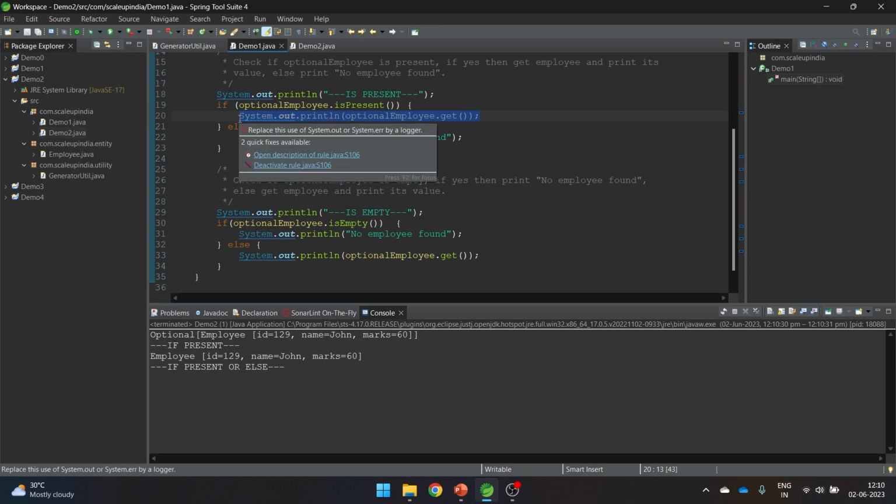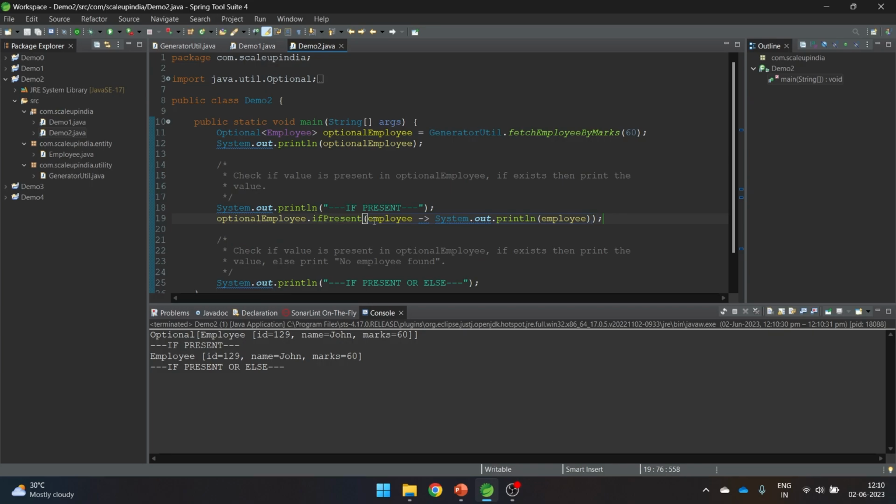And this is generally used when we have multiple lines of code and we wish to return something if the data is present. This ifPresent we use when we are sure that we are not going to return anything and instead we are just going to consume something. Let's say you just want to do a sysout or you just want to set some values,